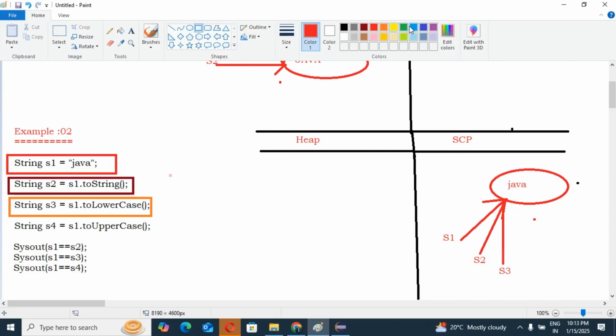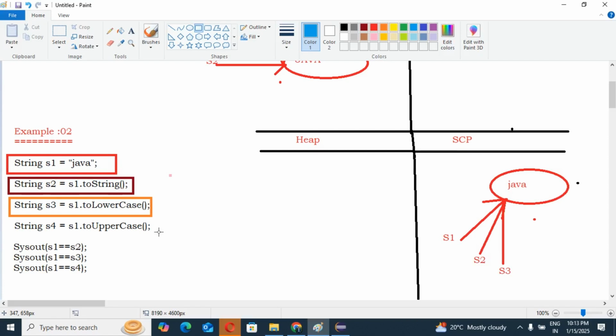Next point, guys. This one, String s4 equals s1.toUpperCase(). Guys, can you tell me? s1 is in lowercase. So as of now, our existing object is Java in lowercase. On runtime, if we perform the toUpperCase operation, this time will the content change or not? Obviously, the content will change, lowercase to uppercase.